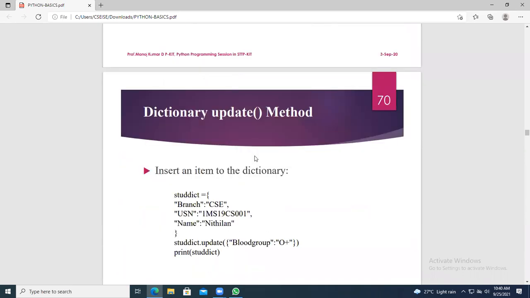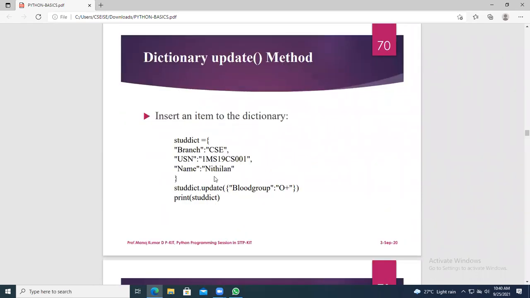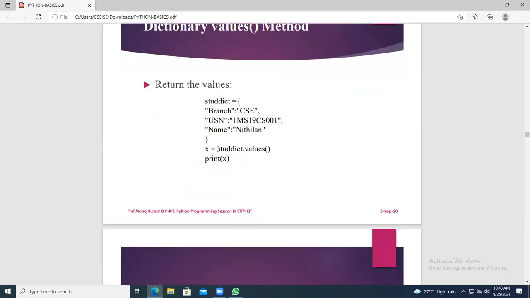Update method: rather than going with setdefault, you can also go with update. Update means the existing dictionary elements will be updated with the new elements. Dot values will print each and every value of the keys.